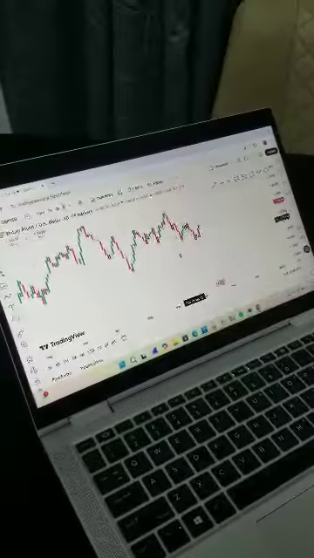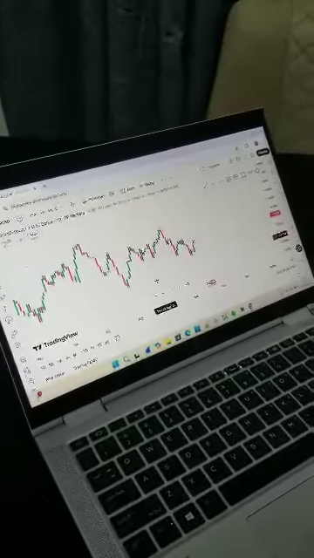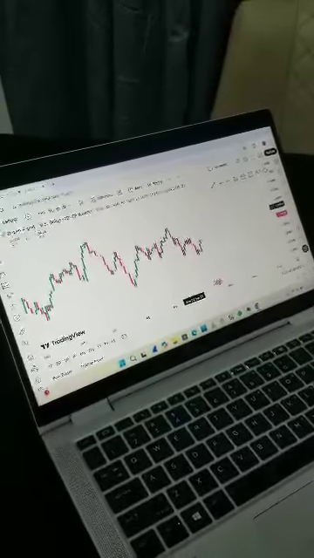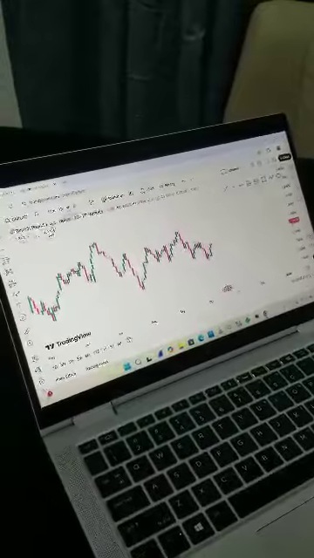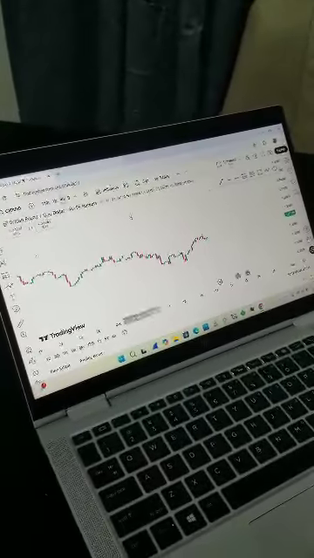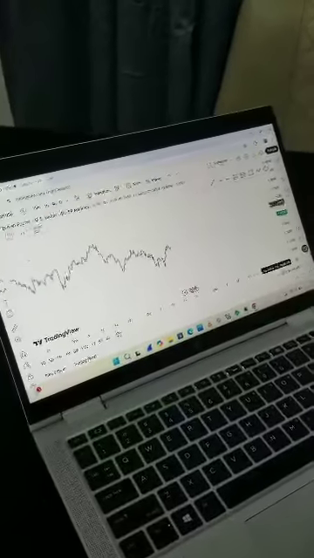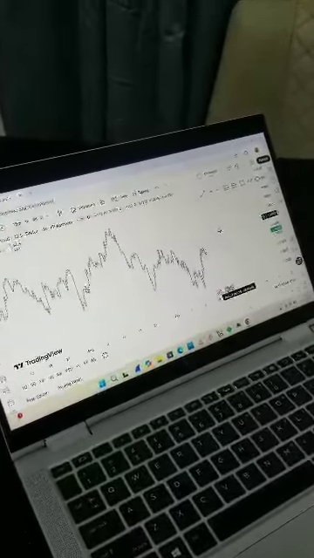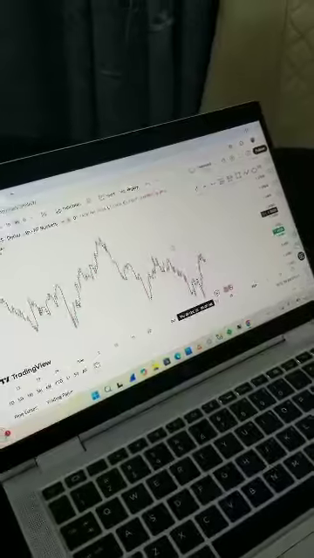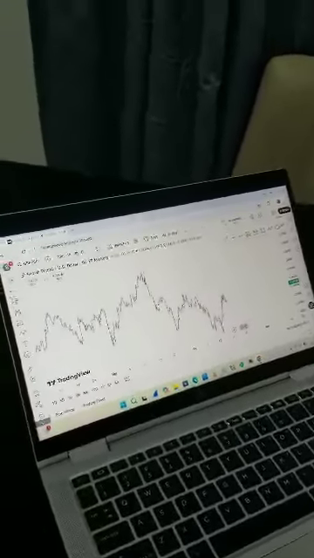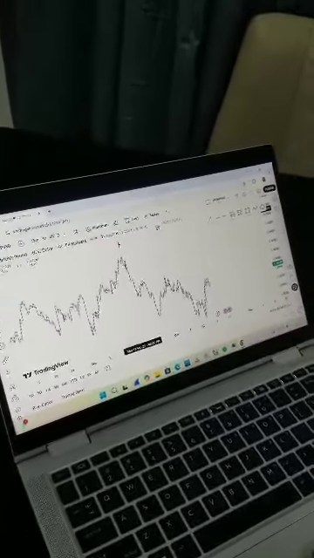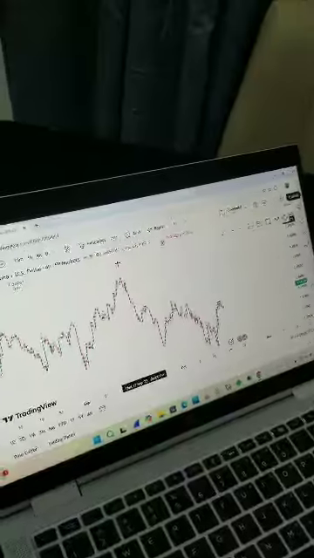Now this is simply what I do. Since I already marked out and I've seen that this thing is a downtrend, what I will do now is go to the 4 hour time frame and mark out the recent lows and the recent high that they have broken. I try to keep it very simple so that it will be very easy for me. I don't like to complicate things for myself, and I don't use too much strategy. Just very simple. This is the first high that it made,